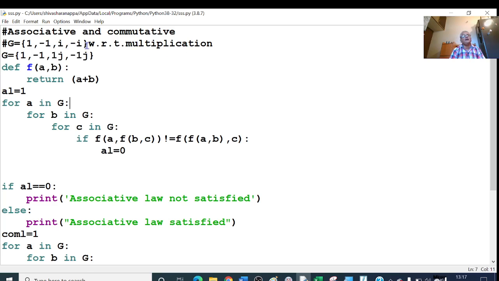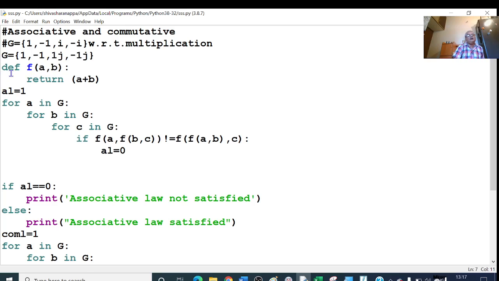We know that closure law is satisfied for this. Open the curly bracket, write 1, minus 1. i in Python is given by 1j, and minus i as minus 1j. This is our set G.